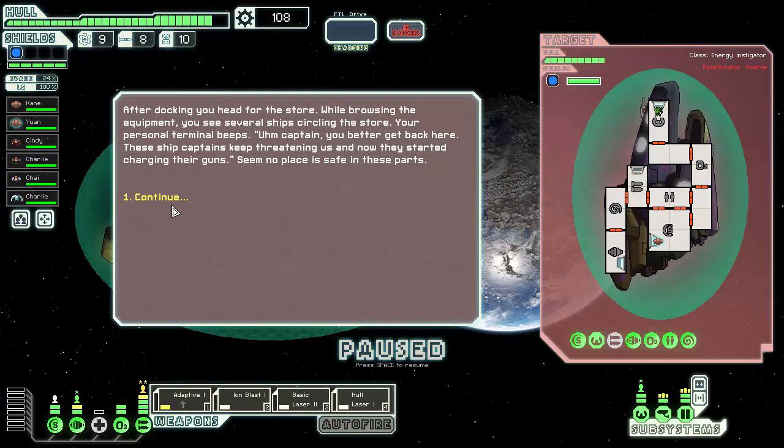After docking, you head for the store. While browsing the equipment, you see several ships circling the store. Your personal phone beeps. Captain, you better get back here. Their ships keep threatening us, and now are they starting